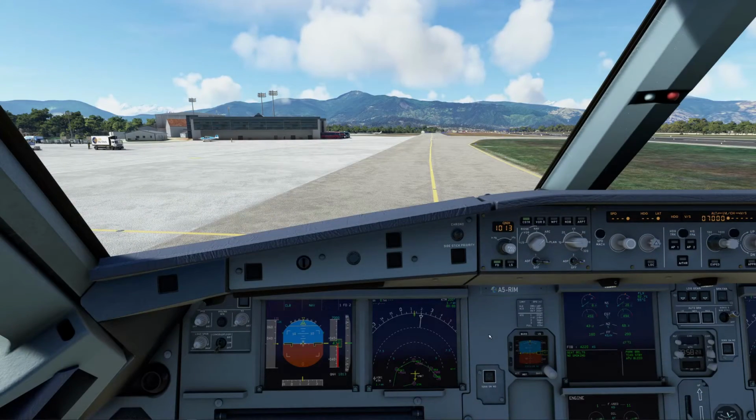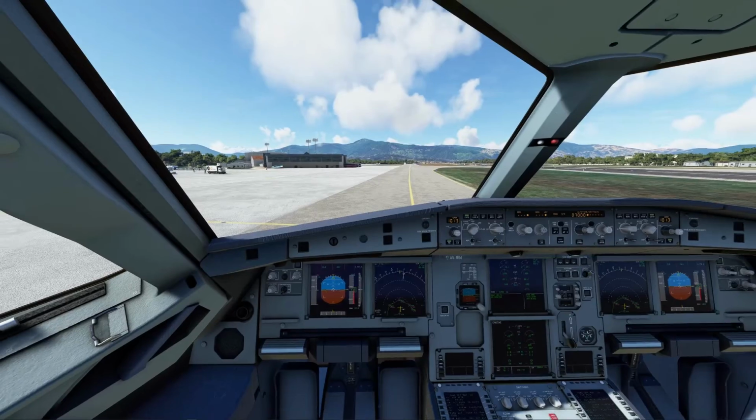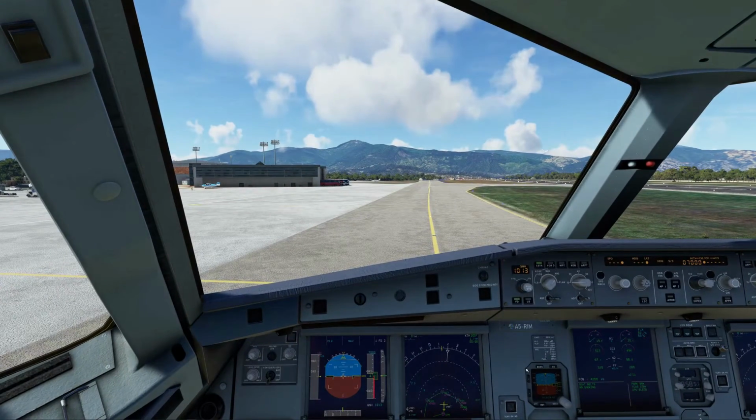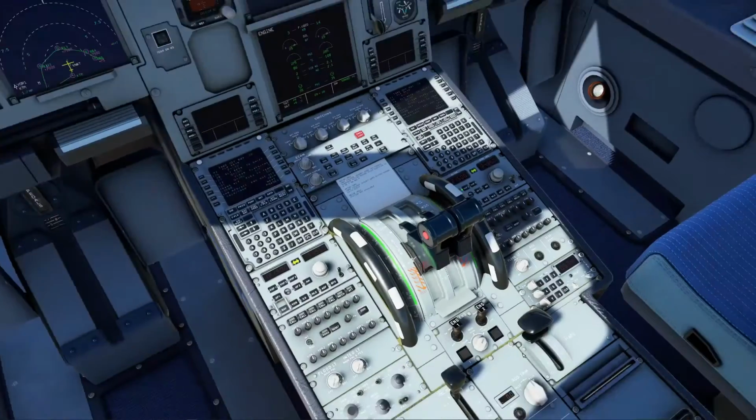Okay, doesn't matter. At least we're not on the grass verge, that's the main thing. Right, so engine number one is spooling up nicely. Alright, that's good. Okay, so we got after engine start.